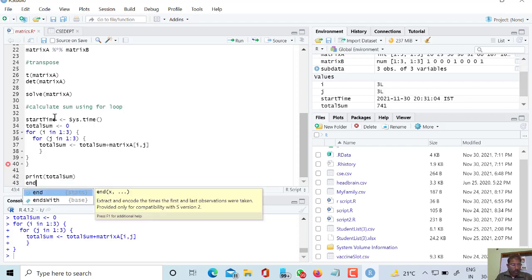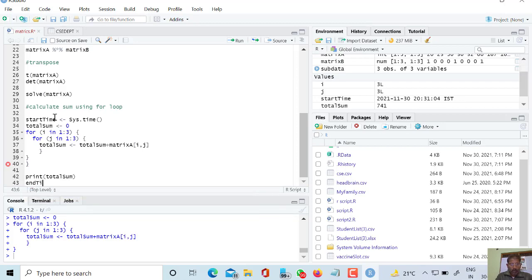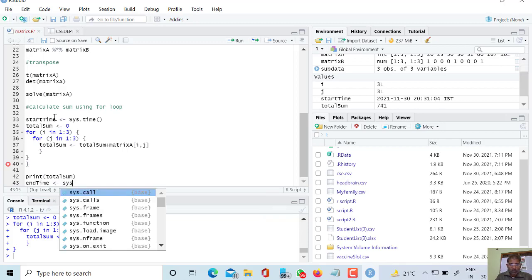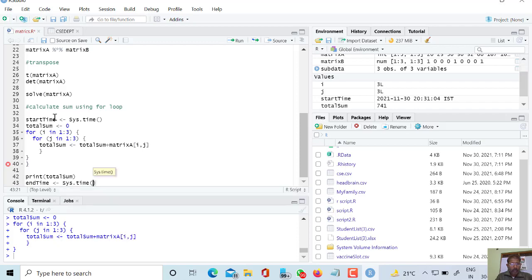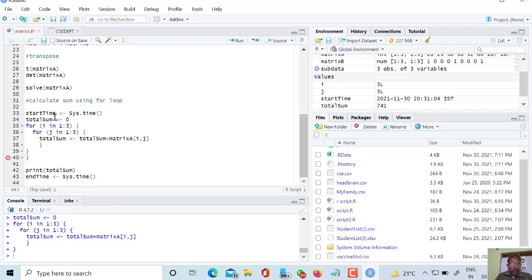Now in time, and now system time will be saved again here. So what should be the total time? Total time is in time minus start time. In time minus start time will be the total system time.